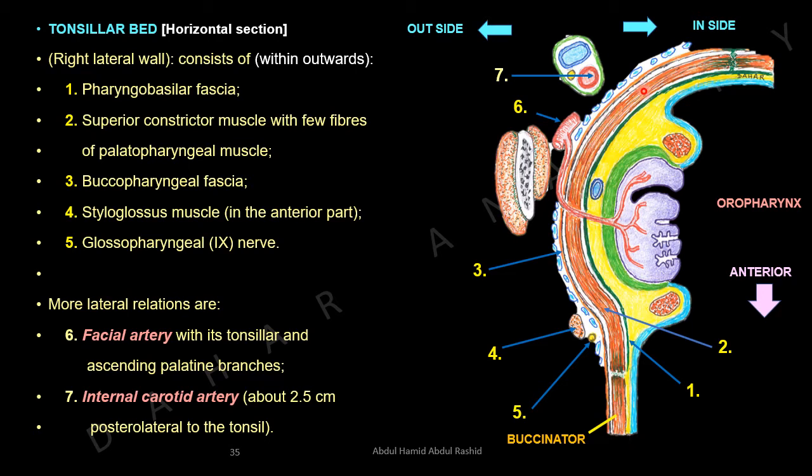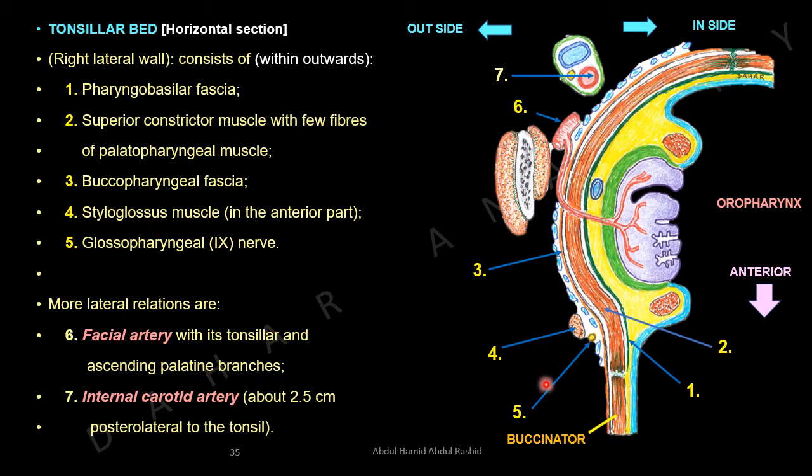Outside the superior constrictor muscle is the buccopharyngeal fascia. This thin red color is the buccopharyngeal fascia. Number 3, it covers the lateral surface of the buccinator in front and the lateral surface of the superior constrictor muscle behind. Lateral or outside this one is number 4, that is your